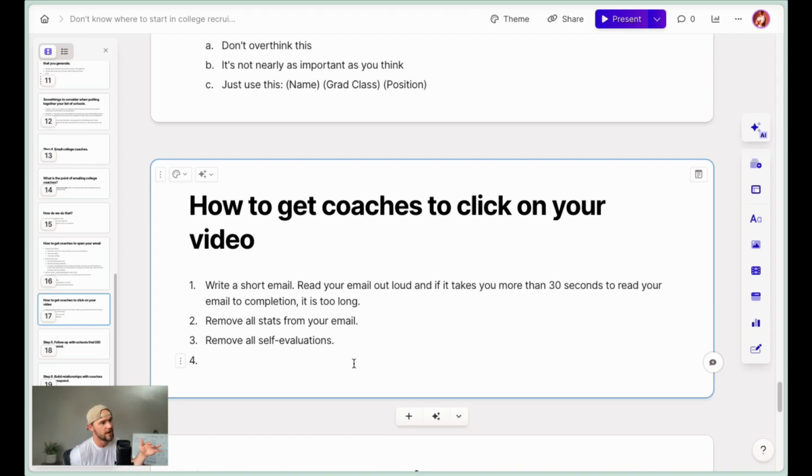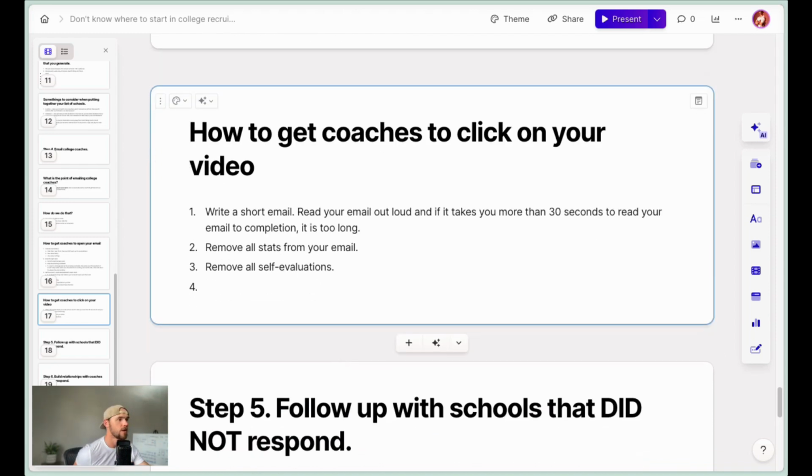So all you're doing by adding self-evaluations is making the email longer. That is all you're doing. You are making the email longer. Okay, so you want to write a short email. You want to remove all stats from your email. You want to remove all self-evaluations. You want to avoid